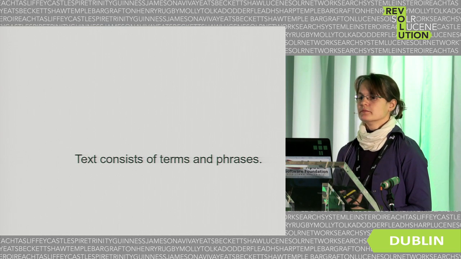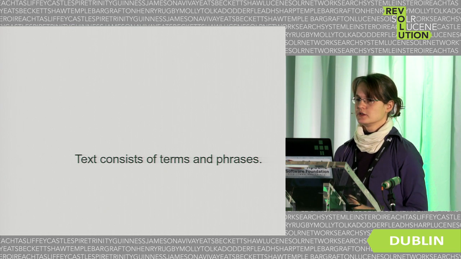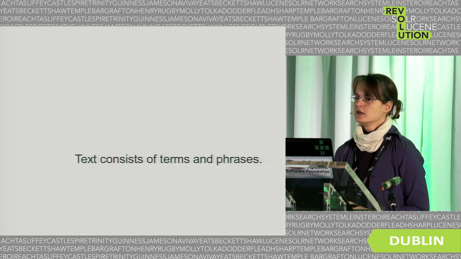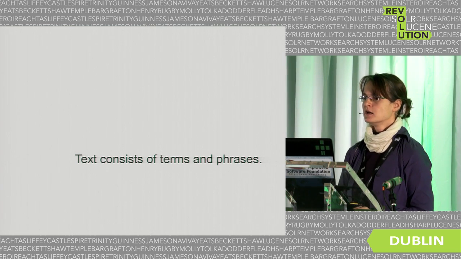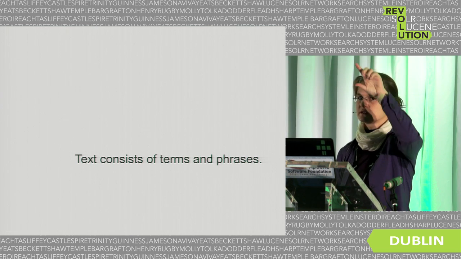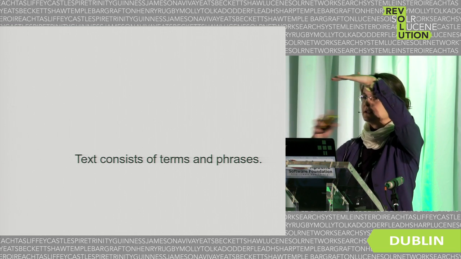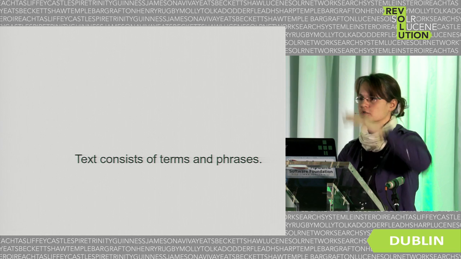Text obviously usually consists of words. You can also call them tokens. How does it help with vectors? We just assign each of these terms to, say, one dimension in our vector,